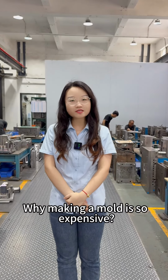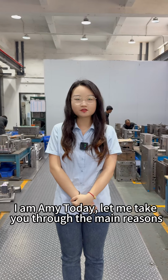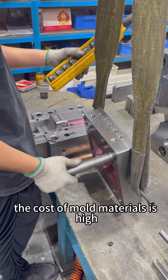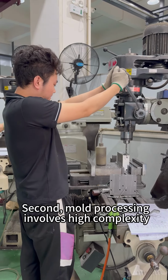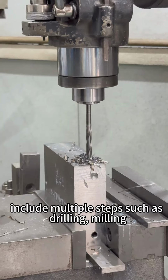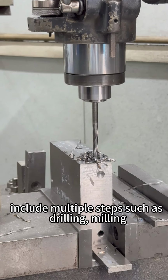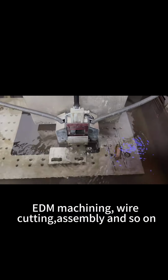Why is making a mold so expensive? And maybe today let me take you through the reasons. First, the cost of mold materials is high. Second, mold processing involves high complexity, including multiple steps such as drilling, milling, grinding, polishing, EDM machining, wire cutting, assembly,